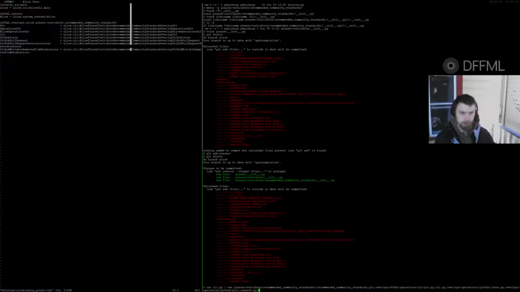That's probably overlays operations GitHub permissions checks. Okay, we'll just throw it in a checks one. So there's sets and checks. We can keep it separate that way. Okay, so we're still missing one, Alice operations Git. All right, so that one stays in